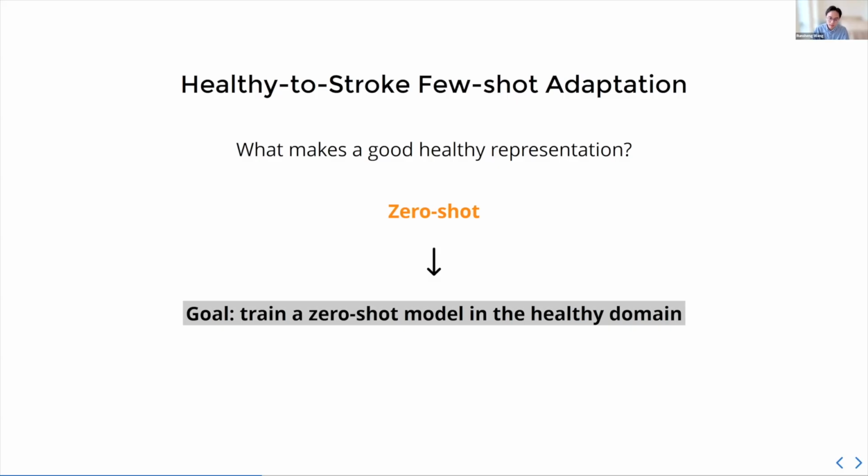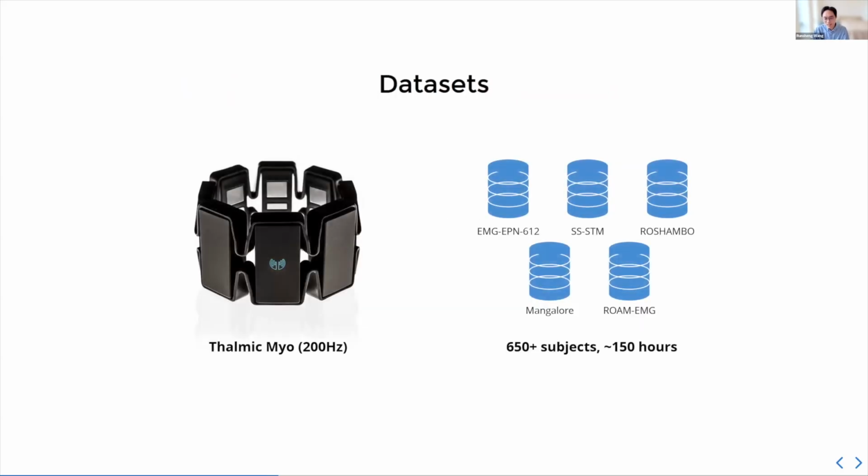And where do we start with that? The best place to start is to get as large of a data set as possible and as diverse as possible. So we're using the Thalmic Myo as the EMG sensor, which is an 8-channel, 200 Hz sensor meant to be placed on the forearm, as you saw earlier in the video. It is one of the oldest sensors. It was released in 2016. It's been 10 years now. It's still kind of the best sensor out there for general purpose EMG.